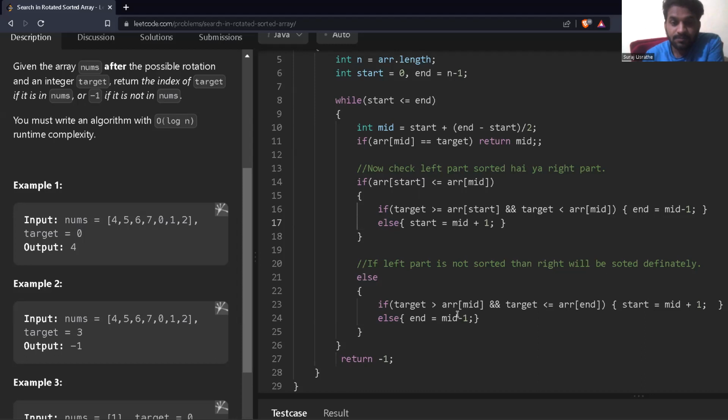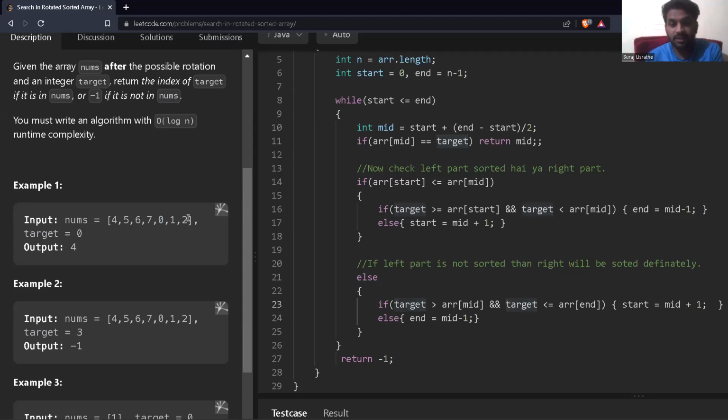Okay, so now if the element lies in the right part, or sorry, left part, then what we will do? Then we will simply check. Now, sorry, when the element is lying in the right side, right part, then what we will do, means now the element is lying in this particular part, so what we will do in that case, so जो टारगेट है वो क्या होना चाहिए। अभी हम इस साइड आ गए, अब ये 3 एलिमेंट्स हैं, ओके।